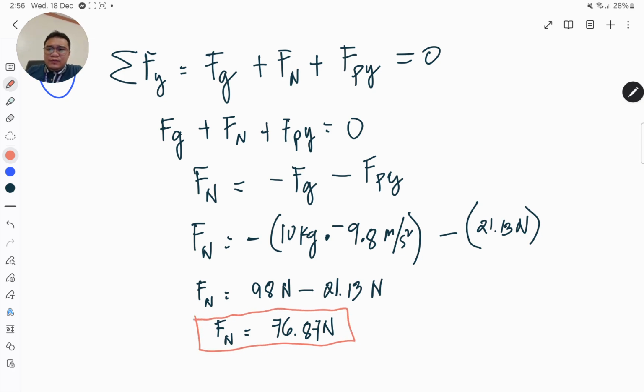And that is how we solve different problems involving Newton's laws of motion using our free body diagram method. So I hope that you understood this particular example. So thank you so much for listening, and I hope that you'll be able to prepare yourself and study different other examples involving these applications.